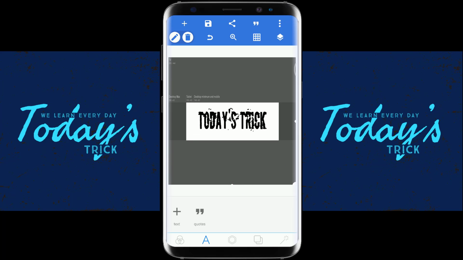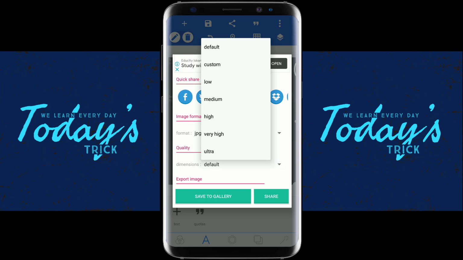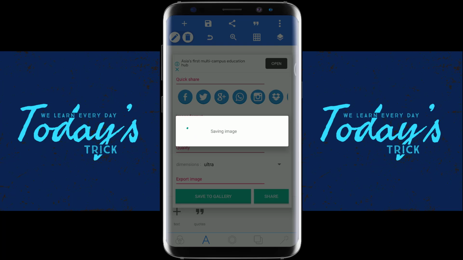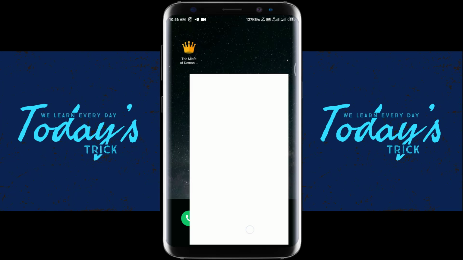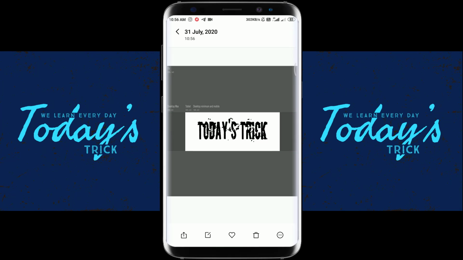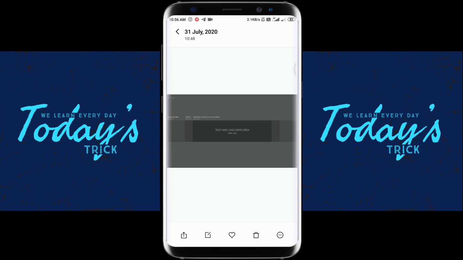Guys, if you drag it to the bottom, you can see it looks different. It's not exactly the picture we expected. If you go and save this image as default or with ultra, there might be a problem too. Okay, let me show how it will come out. Here we go to gallery. Look, it comes out messy, like it has been stretched. We need exactly the same size as this and exactly the text we inputted.